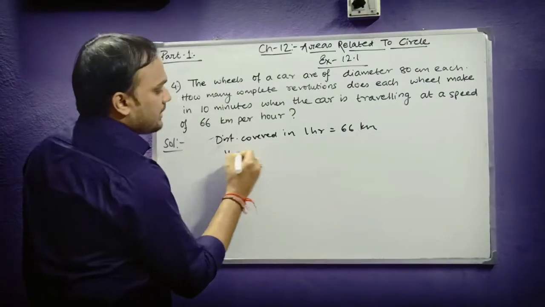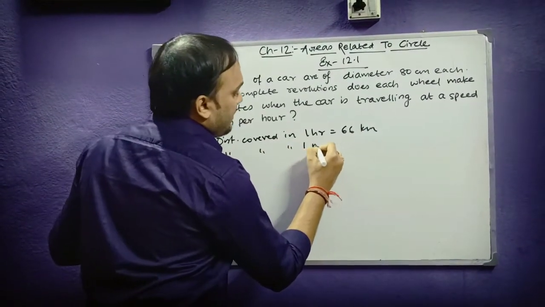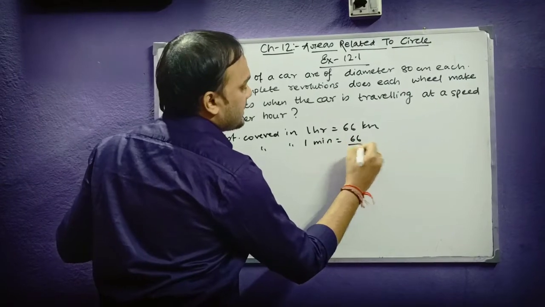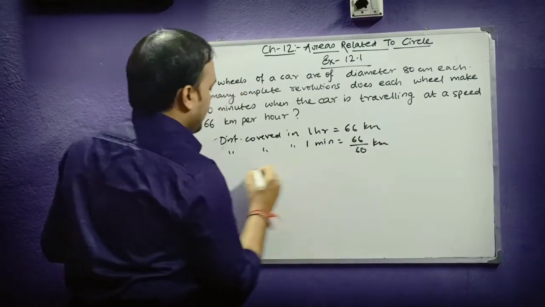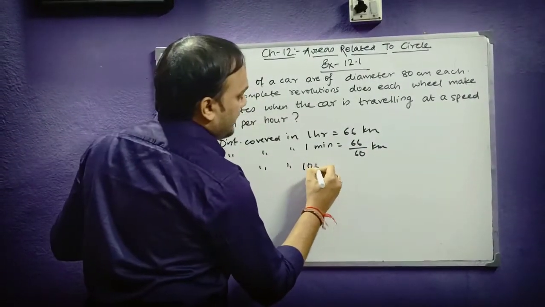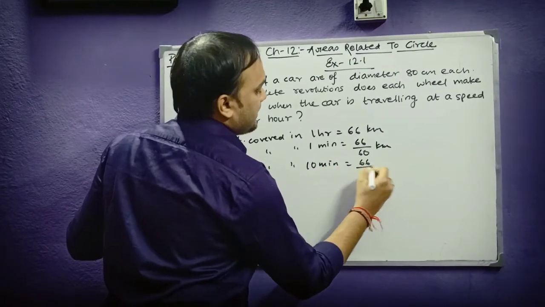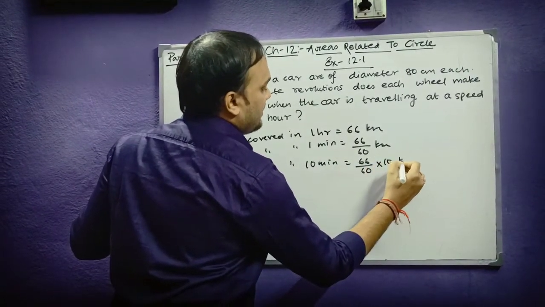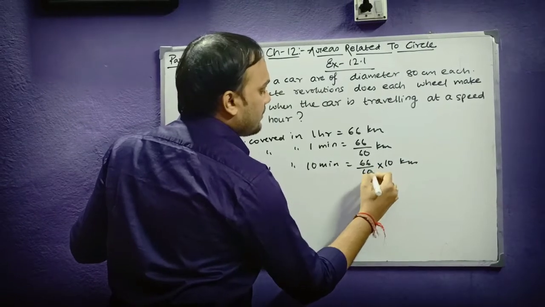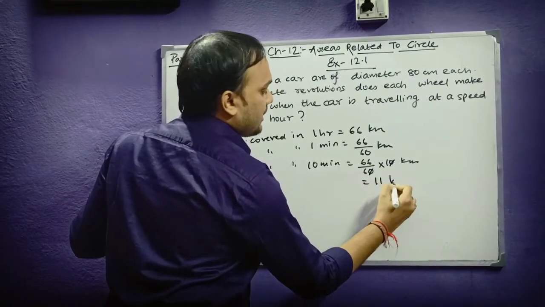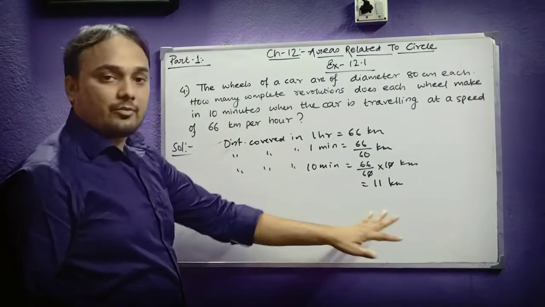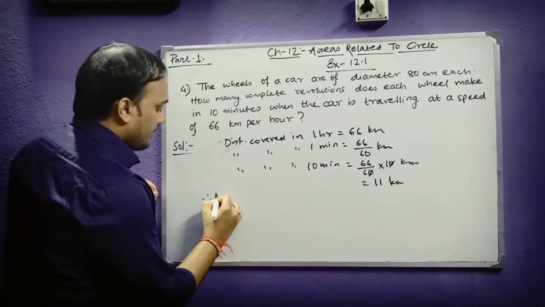So distance covered in 1 minute will be 66 by 60, and distance covered in 10 minutes will be equal to 66 by 60 into 10 kilometer. So it will be equal to 11 kilometer. So the total distance is 11 kilometer. Okay. Therefore, number of revolutions